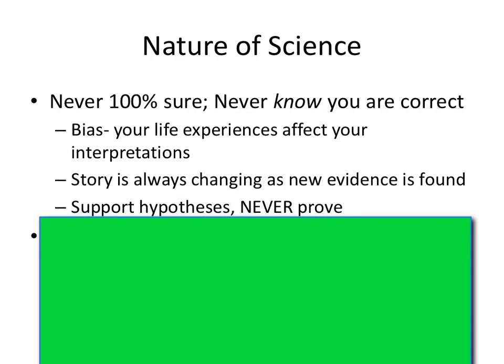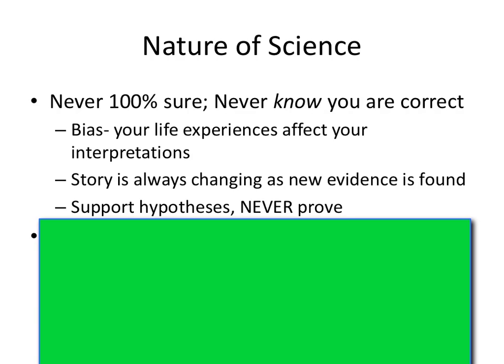The story is always changing because new evidence is always being found. Think how fast technology is changing. As we get more technology, scientists can do more stuff, right? Charles Darwin would have loved to know the human genome way back when he did his work, but he didn't know that. Now we have the entire map of all of our genes, all of our DNA is all mapped. So that's a huge leap forward. We can use that for making more discoveries. So as we make more discoveries, we might change what we thought was true before because we learned something new.